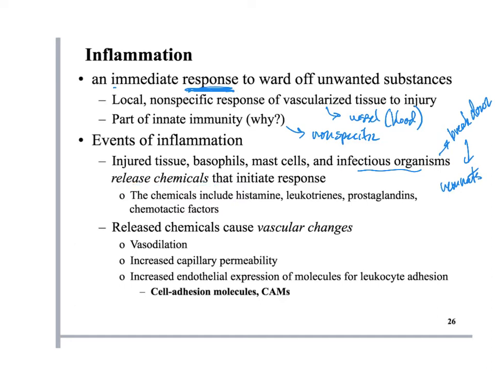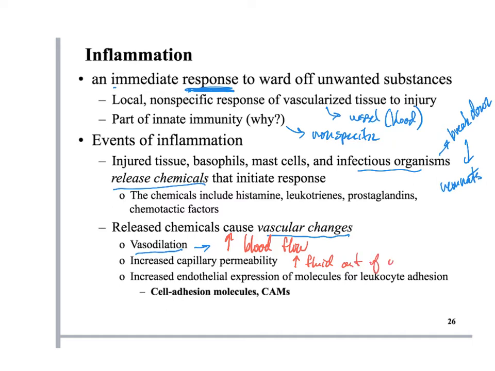All right, the chemicals initiate the response, though. We'll talk about pyrogens in a minute, but that's not what we're talking about. So histamine, leukotrienes, prostaglandins, chemotactic factors, these chemicals induce vascular changes. Vasodilation, that means increased blood flow, more blood to the area. Increased capillary permeability. That means increased fluid